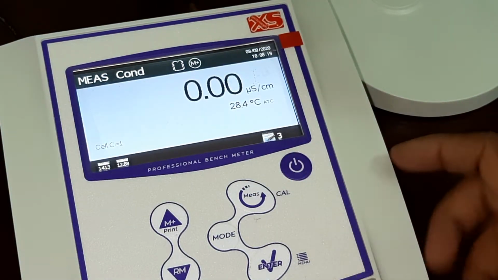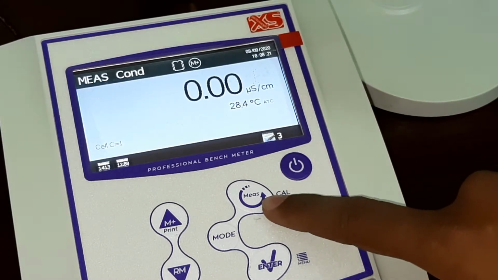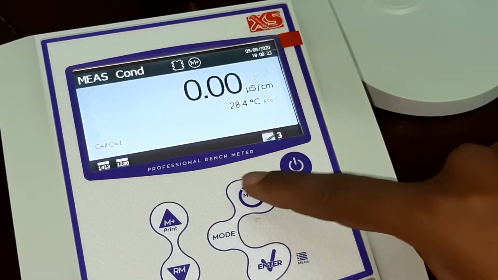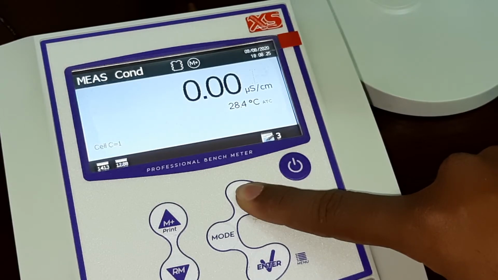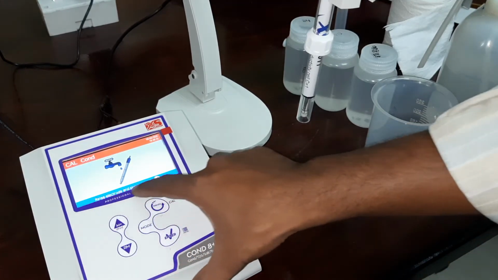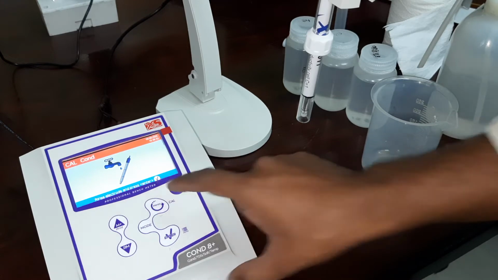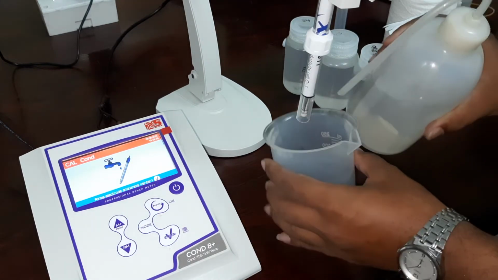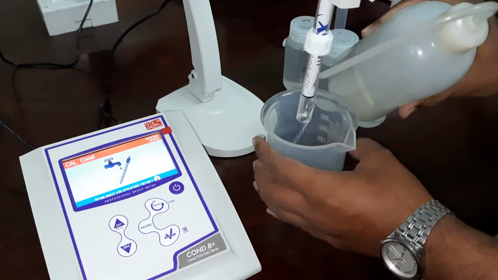If you want to calibrate the meter, you have to press the measure key for 3 seconds. Okay, the meter is asking to rinse the electrode and press enter. I am cleaning the electrode with distilled water.